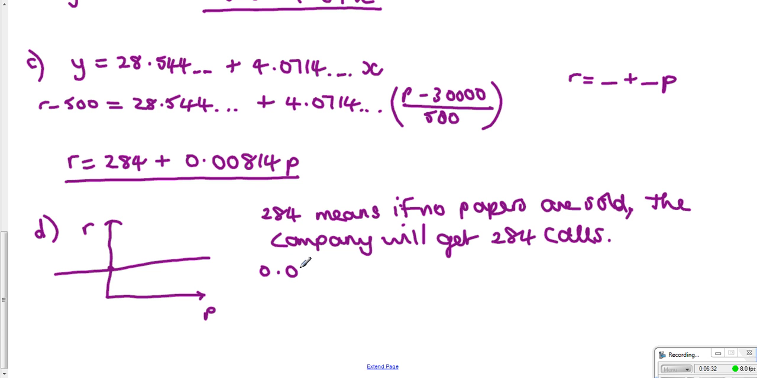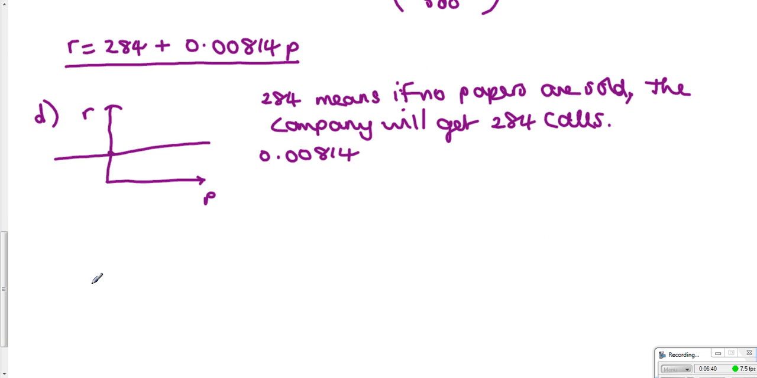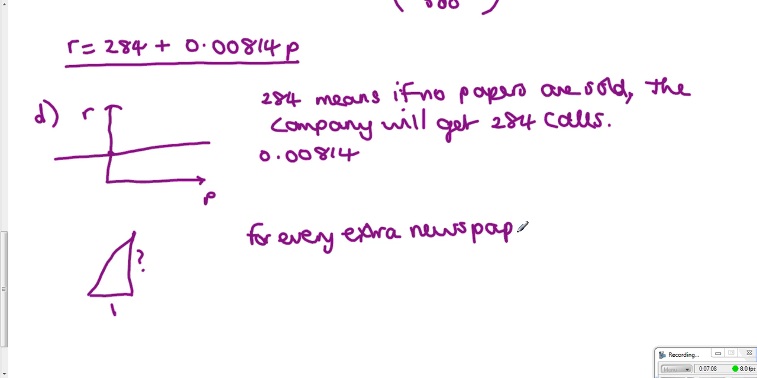What does 0.00814 mean? Well, think about gradient. The gradient of a line means for every one along, how far up do you go? So in this case, for every extra one on the horizontal axis, what's going to happen vertically? Okay. So what this means is for every extra one horizontally, so that's for every extra newspaper sold, because the horizontal axis goes up in ones, for every extra newspaper sold,